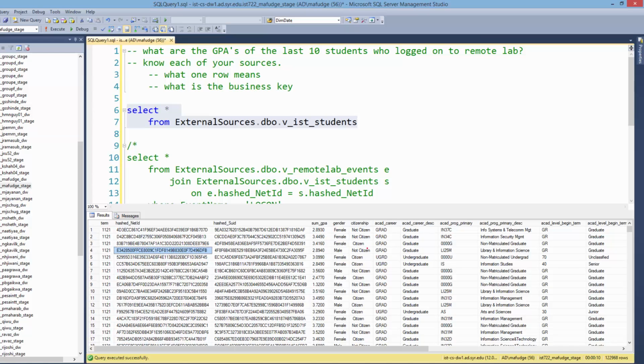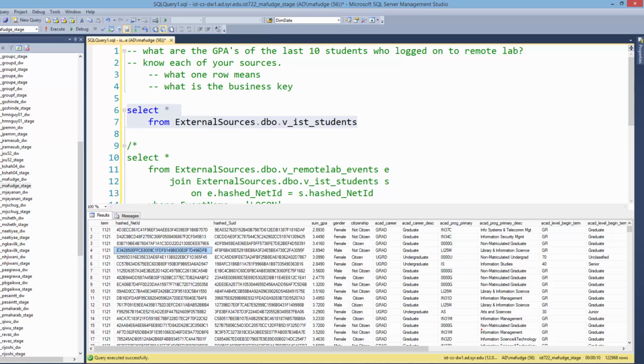It's not going to happen, because what I did was I took a look at the gender mapping of all the students, for example, maybe 60% are male and 40% are female, and then I completely remapped everybody randomly, based on the probability that you're male or female. Same thing with these other things like citizenship, academic career description and your major. I remapped everything so it would be impossible to find yourself, but the data is still pretty realistic as far as